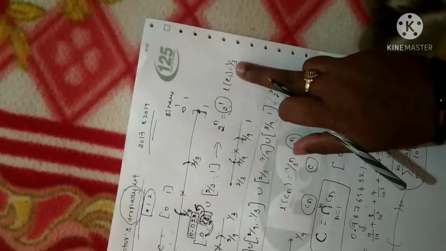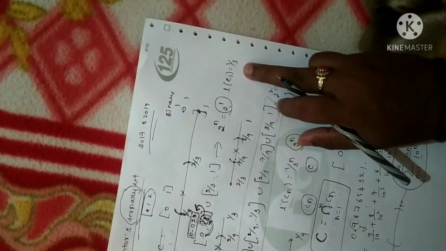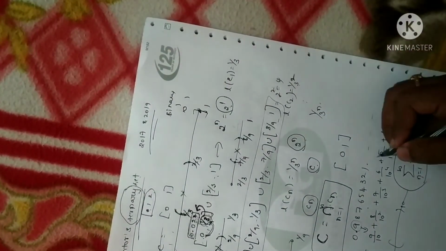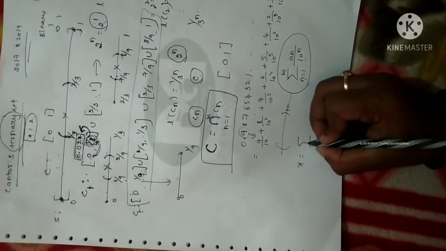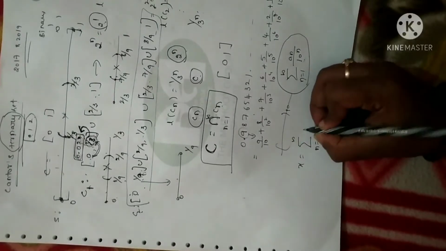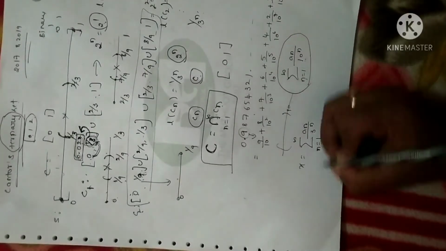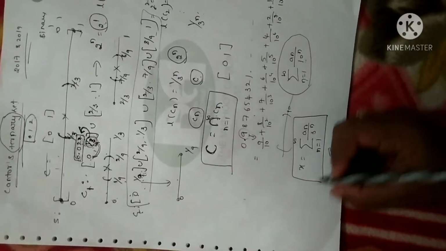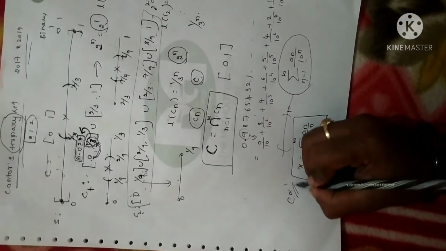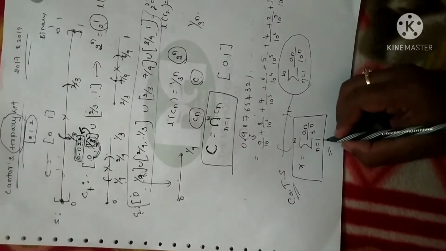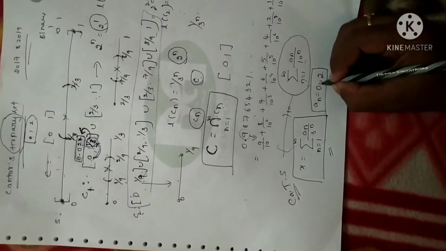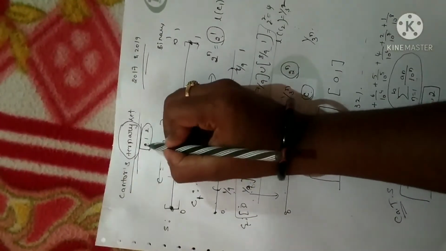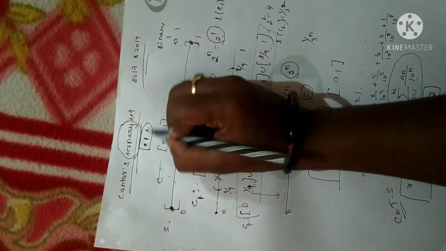So as I already said, the length of each interval is 1 by 3 power of n. Again it is 1 by 3 square. So when you continue, the length of the nth interval will be 1 by 3 power of n. So I can represent any decimal number in its standard form, summation n is equal to 1 to infinity an by 3 power of n. This is the standard expression for the Cantor ternary set. And remember, here the values of an are always 0 and 2, but it will not take 1. Why? Because as I said, ternary represents 0, 1, 2. It is a set of 3 numbers.